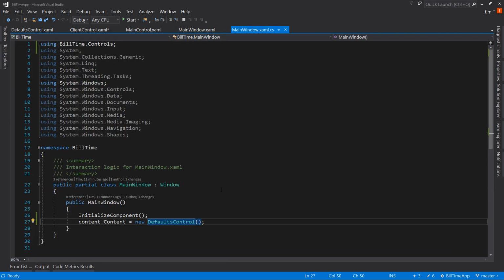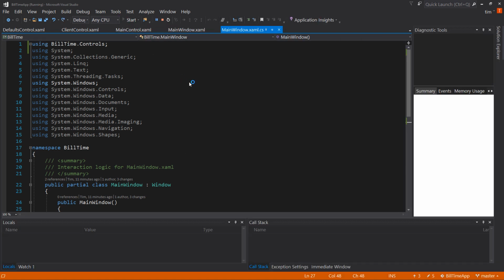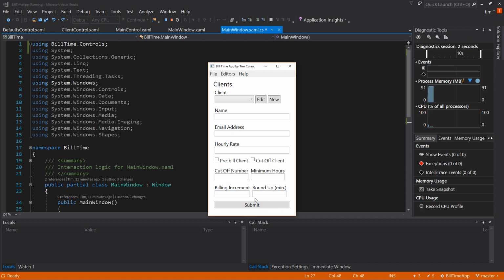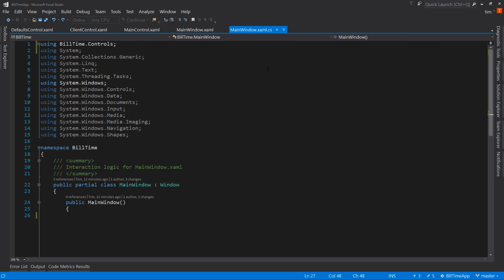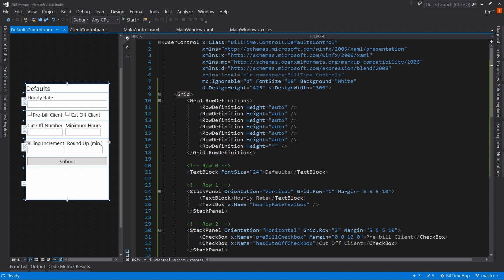Let's come back over here and change it back to client control and see if it's cut off and how badly it's cut off. It's not cut off. So clients looks good. So I think we can leave it as it is right now. Okay. So now we have our header, we have our information we can update, and we have our defaults control done. So we've kind of worked some kinks out, fixed some things, and made sure we set up our new